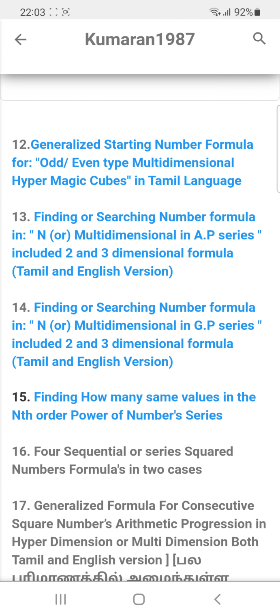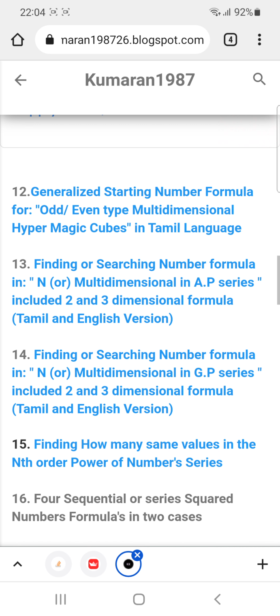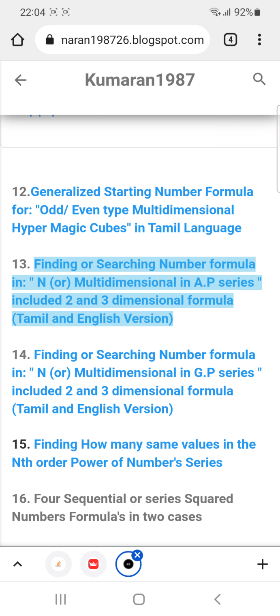So if I say 1 2 4 8, sequentially when I'm arranging numbers, 2 divided by 1 equals 2, 4 divided by 2 equals 2, 8 divided by 4 equals 2. So the principles remain the same for the hyperdimension also. So for example, when I'm going into arithmetic progression,